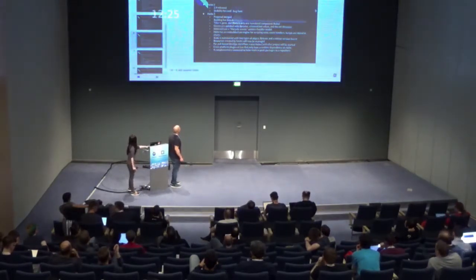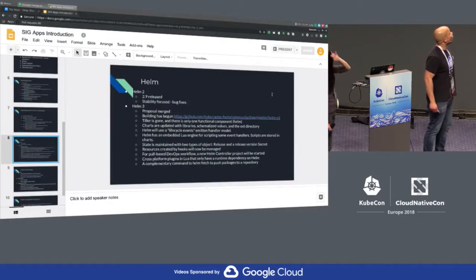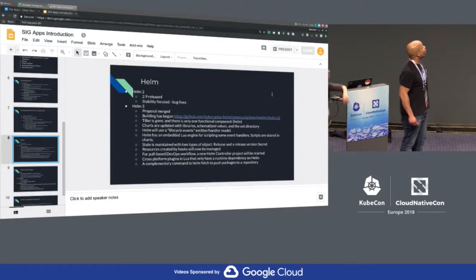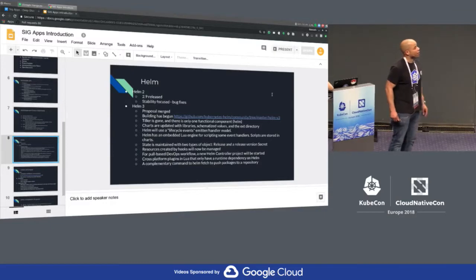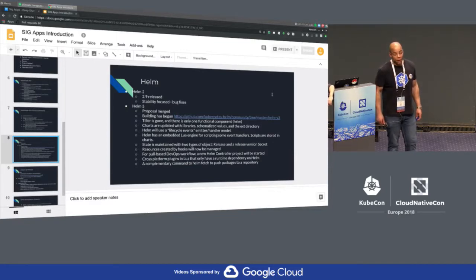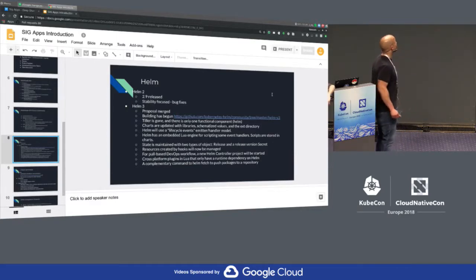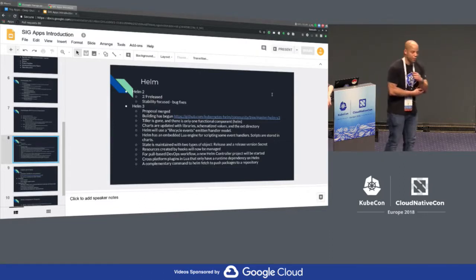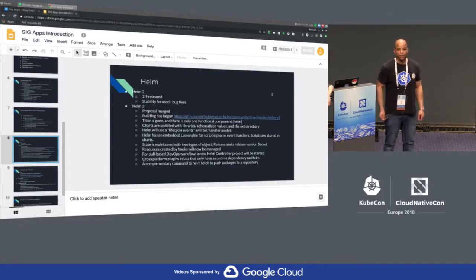So I think one of the other co-chairs, Matt, was responsible primarily for the latest 2.9 release, which was basically a stability release more than anything else. 2.9 is going into break-fix BAU mode at this point. Helm 3 is probably what everyone is interested in, and it's in active development. All of the stuff you see listed here is really mostly ideation at this point, but it's a good capture of the direction that Helm seems to be heading.